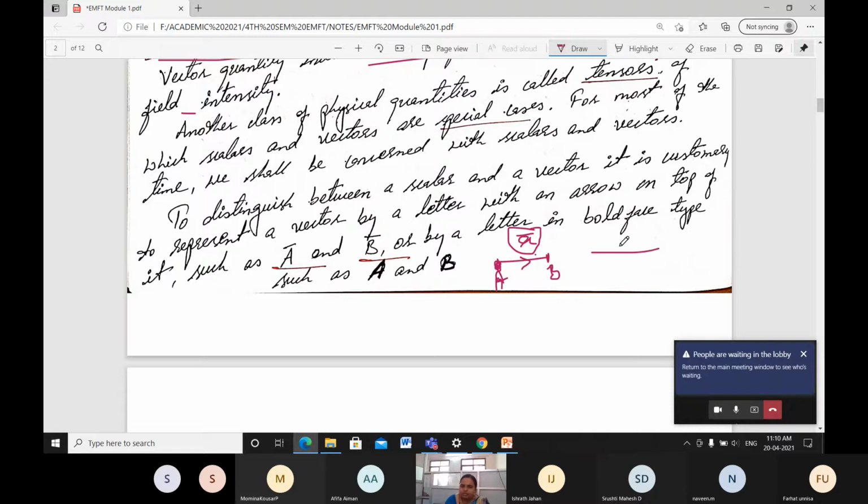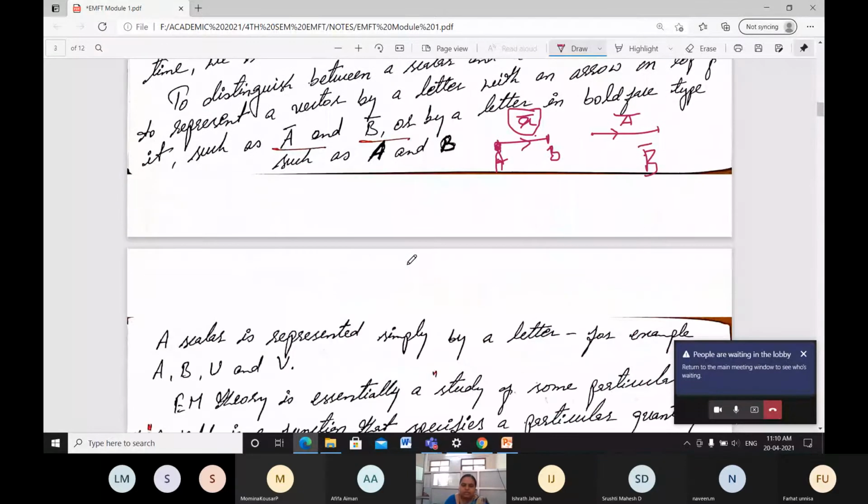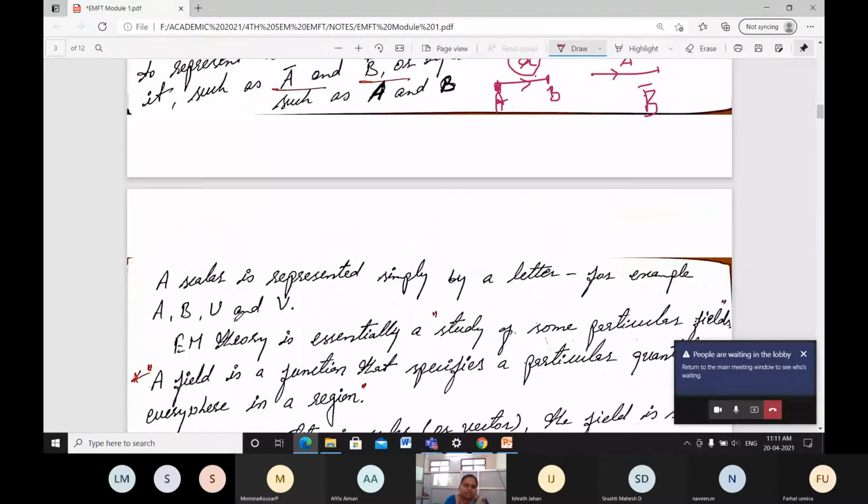If I am going to give one more example, here it is taken from one point to another point, and this is represented as a bar. In the same way, b bar I can represent like this, or else a capital letter in bold fashion, we have to write as A and B. These two methods we can follow to represent our vector quantity. And if I am going to represent a scalar quantity, just normal letters you can write as a, b, u, v, whatever terms you are using.